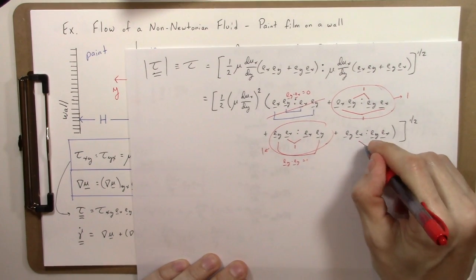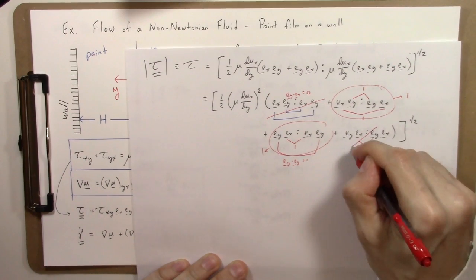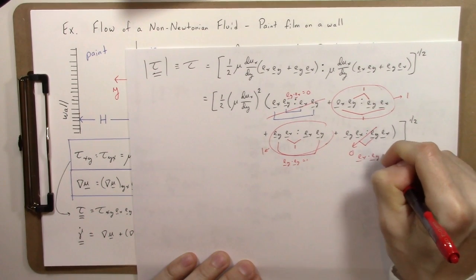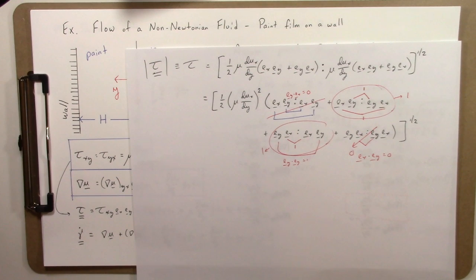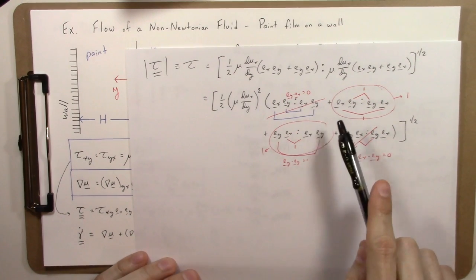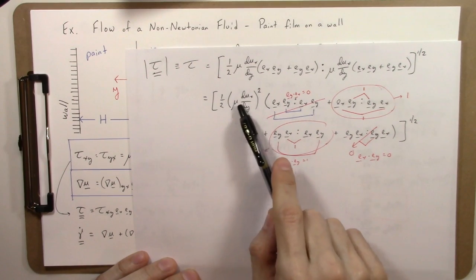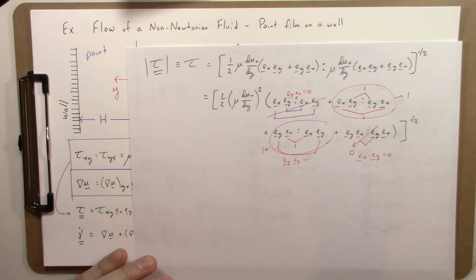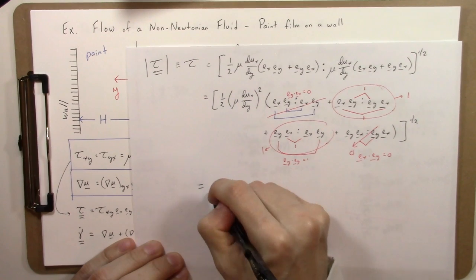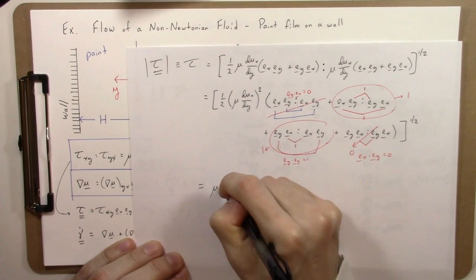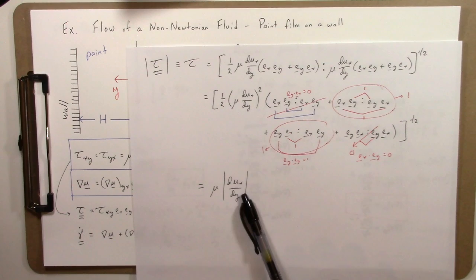And then finally here, we take the dot product of the innermost vectors first, ex dot ey, and that's equal to 0, just as it was in the first term. Ex dot ey is equal to 0 because they're perpendicular. So what we get is 1 plus 1, so we get 2 times 1/2, so we get 1, and then we get mu dux dy squared to the 1/2 power. So the magnitude of the viscous stress tensor is simply mu dux dy. And we'll put an absolute value here because we don't know if dux dy is positive or negative,